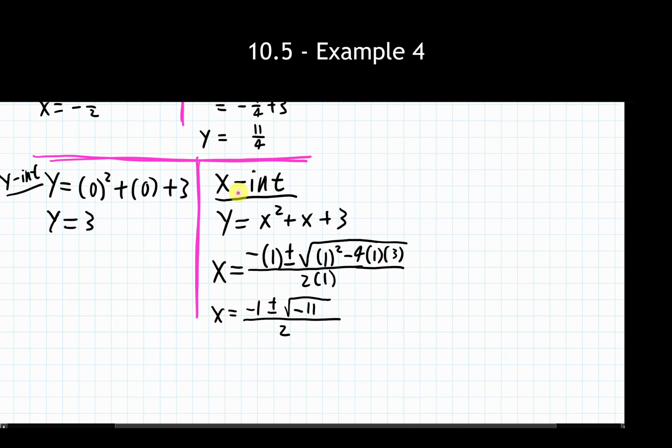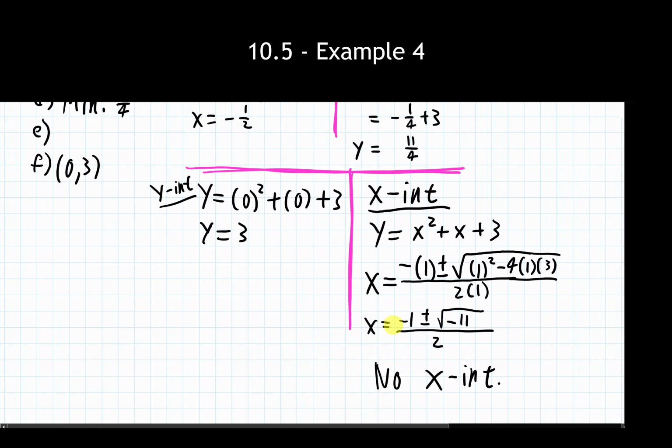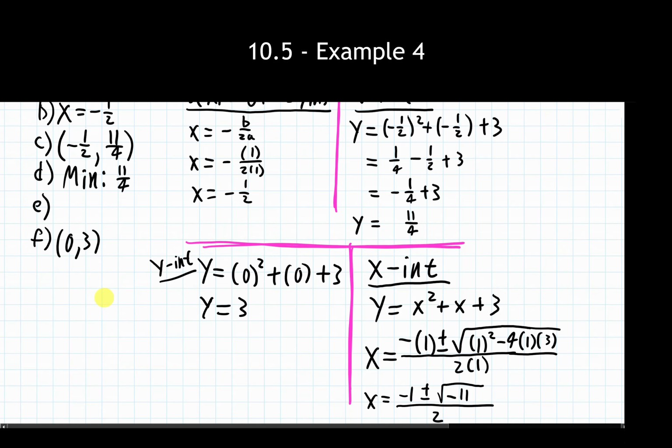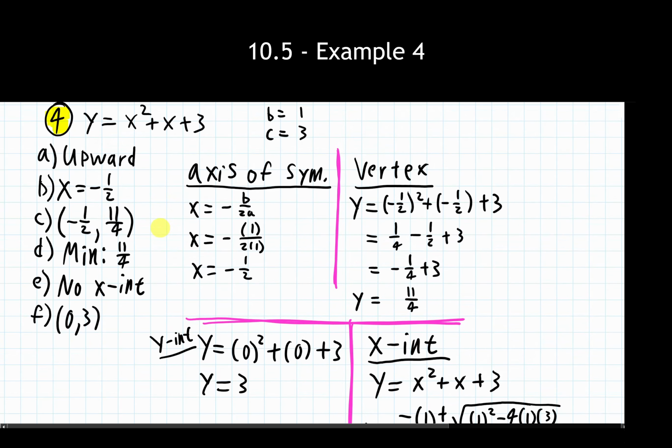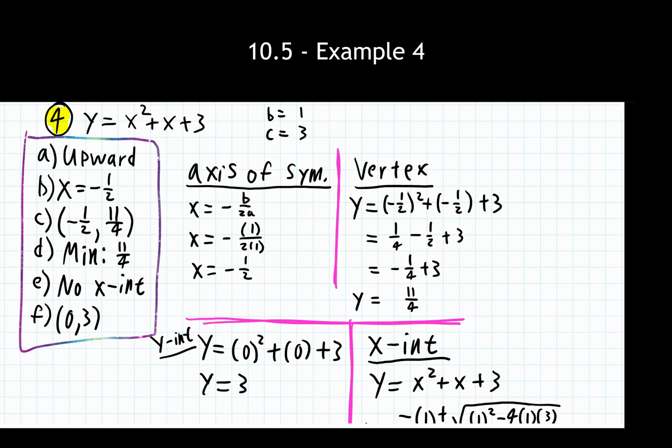Well, if I'm solving for the x-intercept and I have imaginary answers, that means that I unfortunately have no x-intercepts. So I can just stop right here, make a note to myself, no x-intercepts. Say, okay, what is the x-intercept for this? Well, we can either write in none or something like we just had down below. No x-intercepts. So cool, it actually turns out that a lot less work than we were originally thinking for the x-intercept.